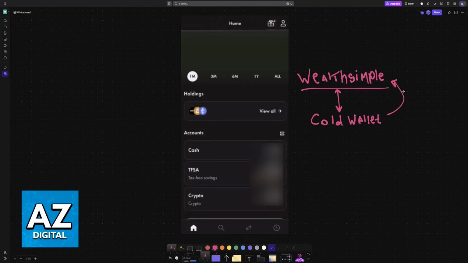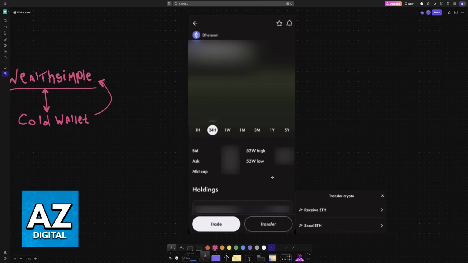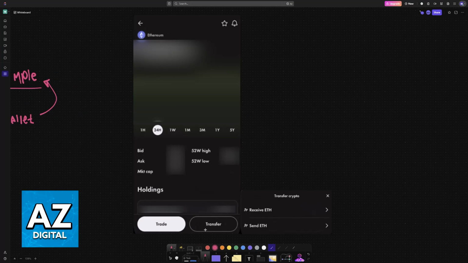will be inputting that into Wealthsimple. So I recommend starting this by opening up Wealthsimple and then choosing the crypto account option. So select crypto from the app, and now you will see the transfer options. When you choose transfer, you can either receive or send that specific crypto asset. So choose an asset, in this example here Ethereum, and you will be able to choose send or transfer.